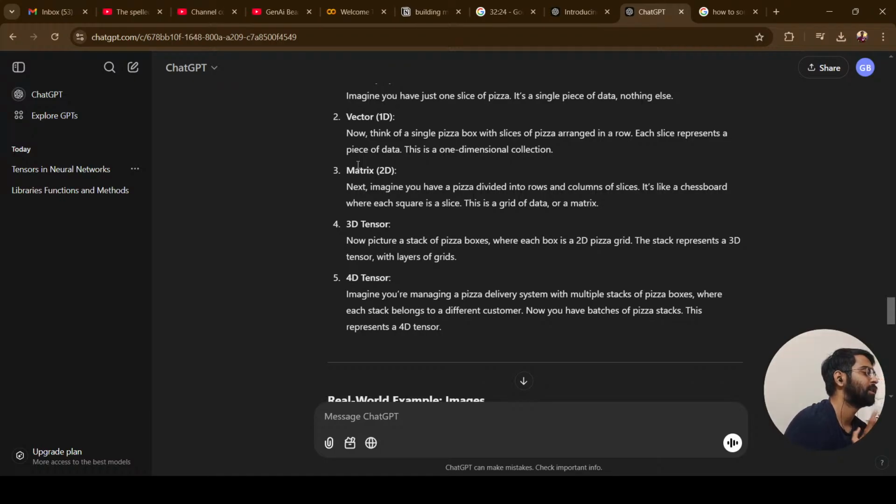This is a grid of data, or a matrix. Okay, we have a grid now. Now picture a stack of pizza boxes where each box is a 2D pizza grid. The stack represents a 3D tensor, which is layers of grids. For 4D, imagine you are managing a pizza delivery system with multiple stacks of pizza boxes where each